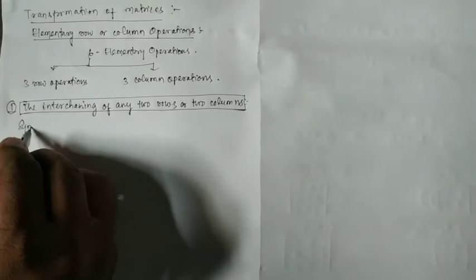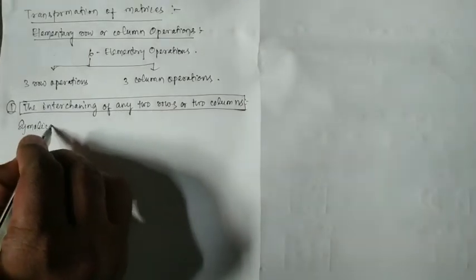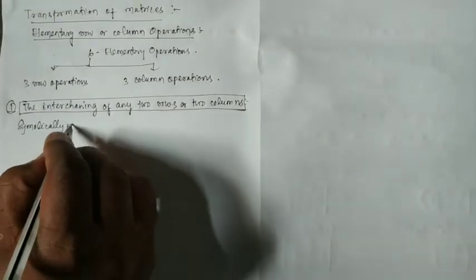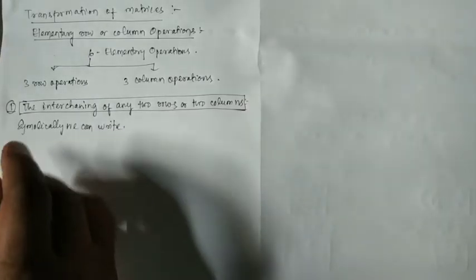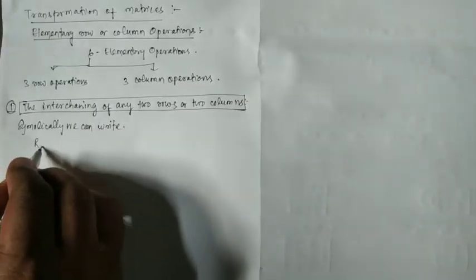Interchanging of any 2 rows or 2 columns. Symbolically, we can write Ri